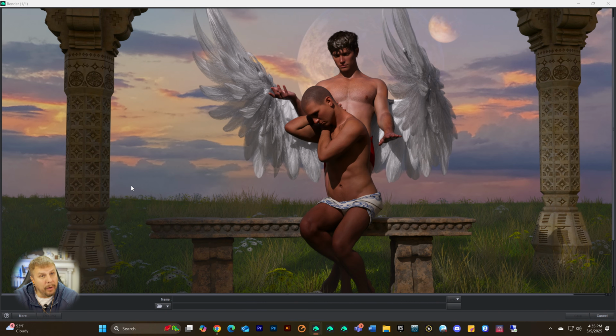But it's about creating a masterpiece. It's about creating a very nice scene that has depth, that has layers of intellectual thought poured into it, and